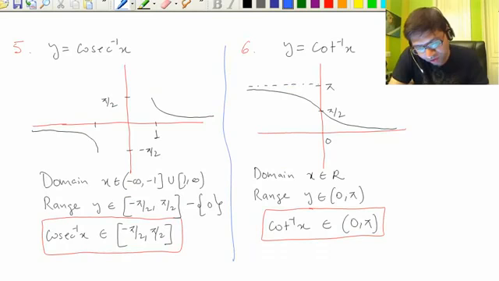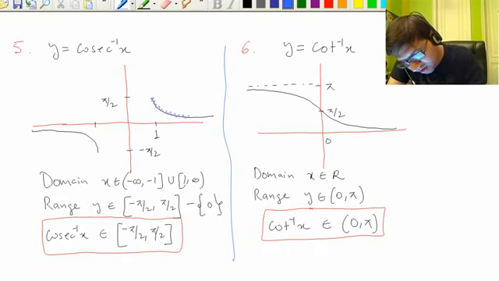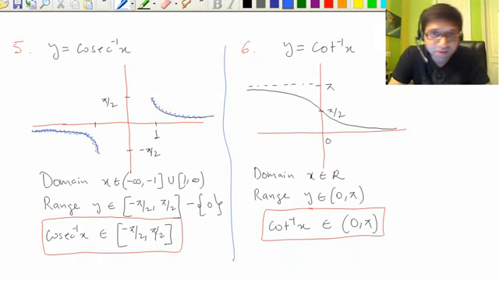Now finally we have two more inverse trigonometric functions. Cosec inverse x, this is the graph of cosec inverse x. Again, x-axis is an asymptote. Domain is similar to secant inverse x, that is, it lies outside minus 1 and 1, and range is minus pi by 2 to pi by 2, including endpoints, but 0 is missing in between.